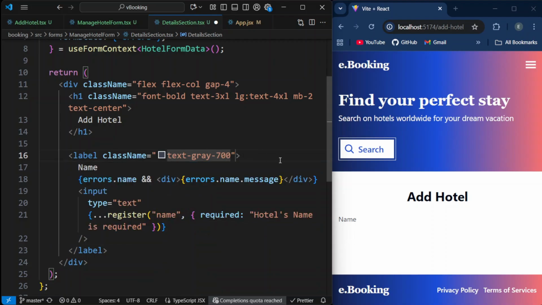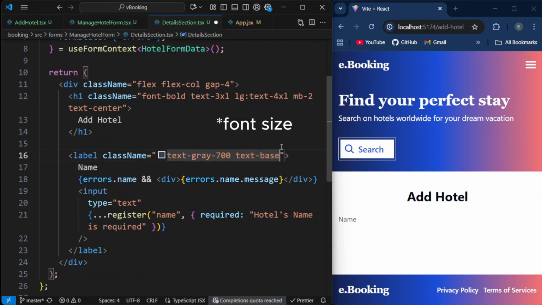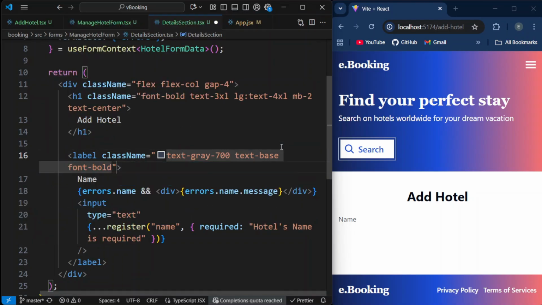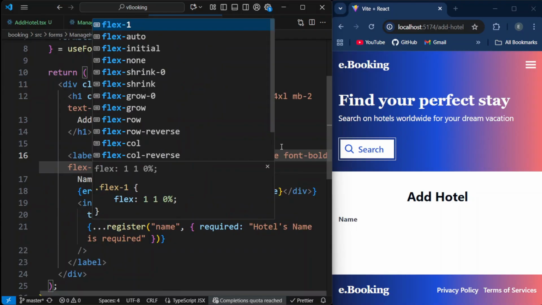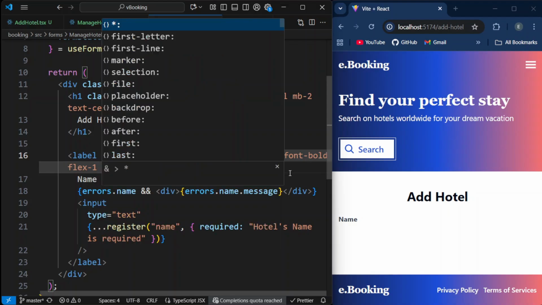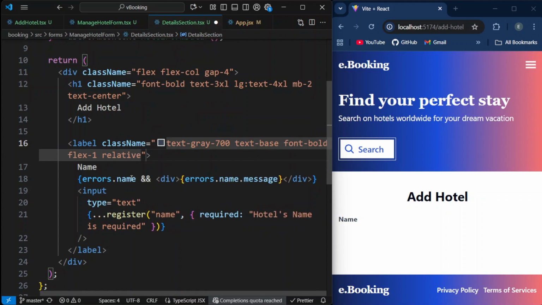So for our label we will select 700. We will say text base. So this is the font that we are giving to the label, and font bold to make the font bold. Flex 1. This determines how much a flex item will grow or shrink relative to other flex items. You can search it up or tell me if you want a separate video on this property in the comment section. So after this we have relative, which I will explain in a bit, and for this error we will